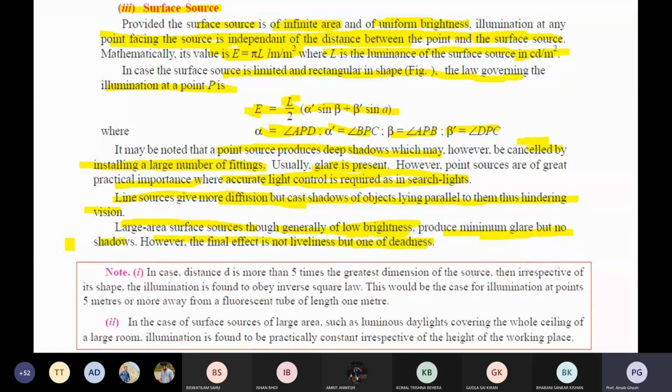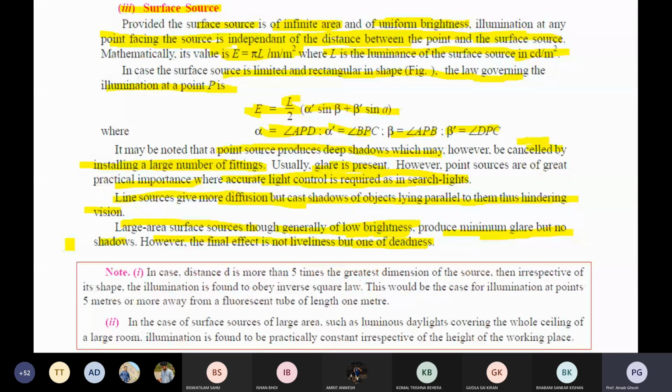Okay, so some notes are there. Two notes are there, note 1 and note 2. What are the notes? It is written: the distance d is more than 5 times the greatest dimension of the source, irrespective of its shape. So when the distance is more than 5 times the dimension of the source,